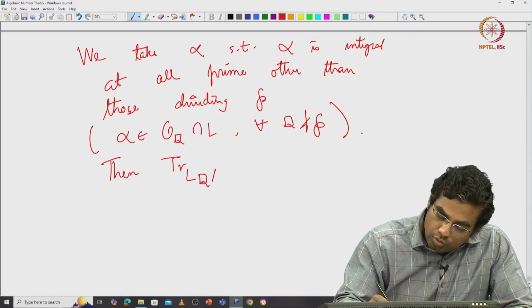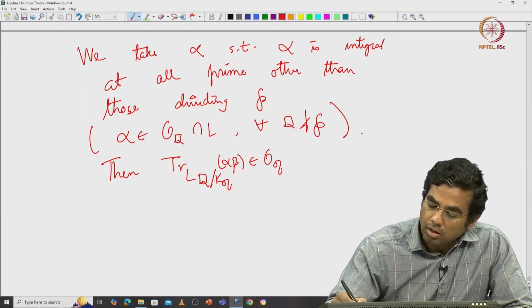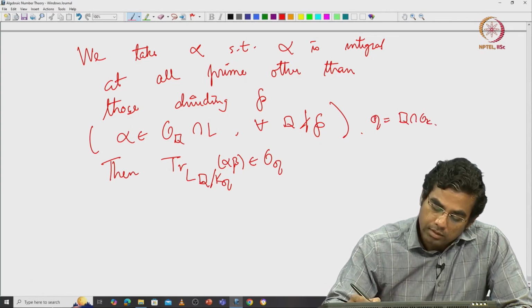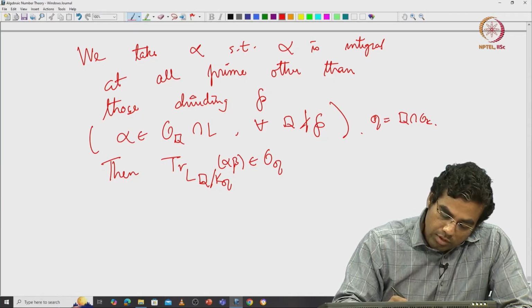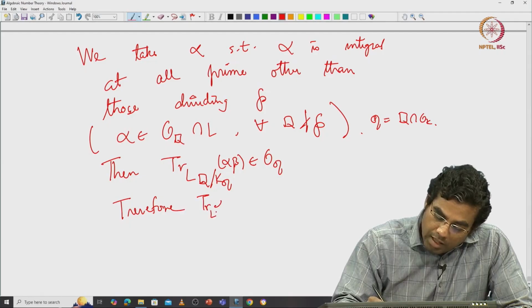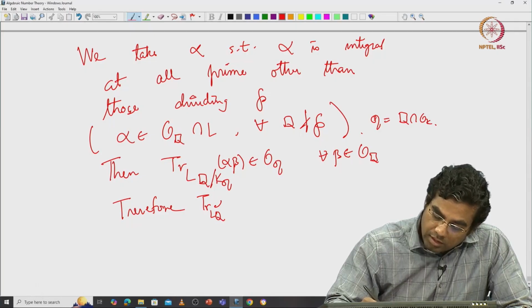So, L_Q over K_Q of alpha times beta is also in O_Q. Here Q is Q intersected with O_K, right. So this means that, therefore, trace from L_Q, and this is for all beta in O capital Q, right. So this means that trace